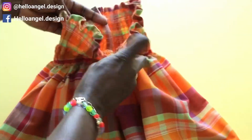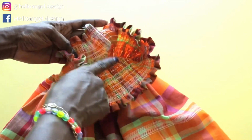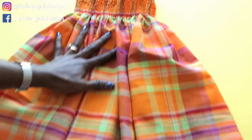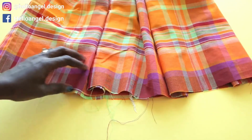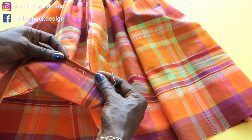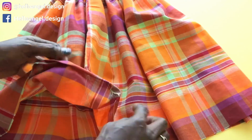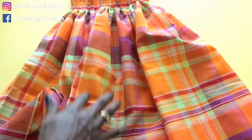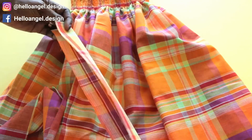I have stitched the center back and I take it to my overlocker. You can see I overlock the raw edges. The next thing that you have to do is to hem the dress. So take it to your sewing machine, fold inside 1 centimeter and then fold it again and give it a top stitch all around. Once you have done that, then take your piece of strap, fold it into two, make